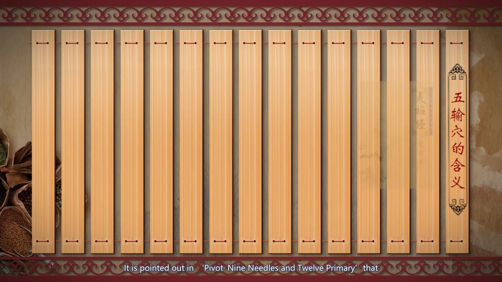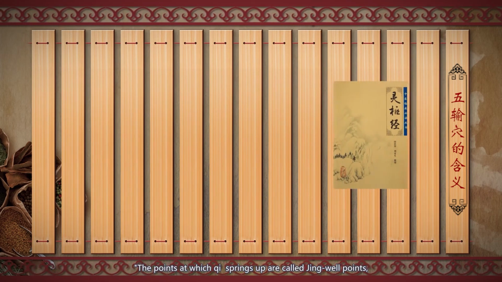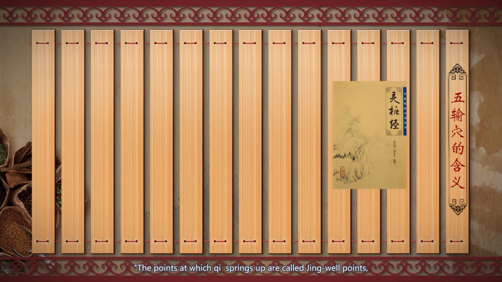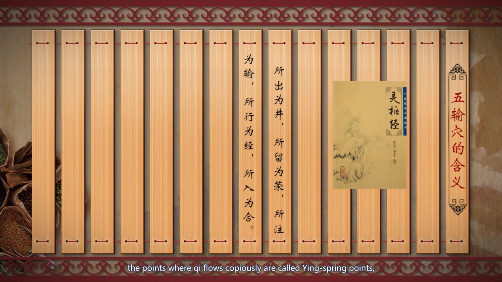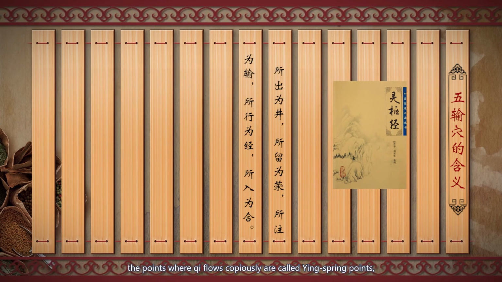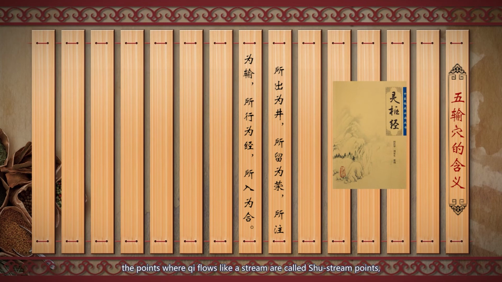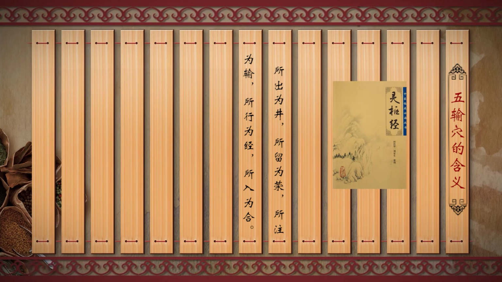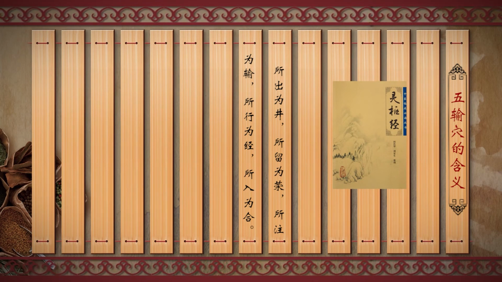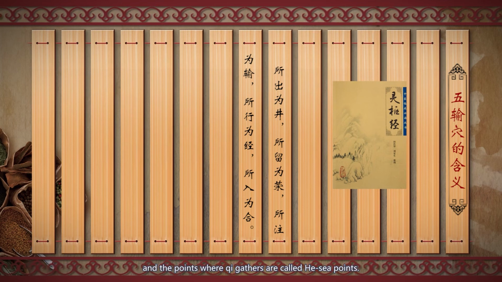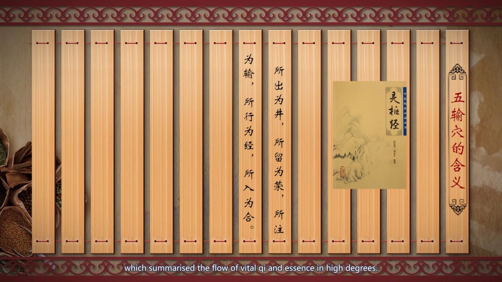It is pointed out in Pivot, 9 Needles and 12 Primary, that the points at which qi springs up are called Jing well points. The points where qi flows copiously are called Yin spring points. The points where qi flows like a stream are called Shu stream points. The points where qi flows through are called Jing river points. And the points where qi gathers are called He sea points, which summarized the flow of vital qi and essence